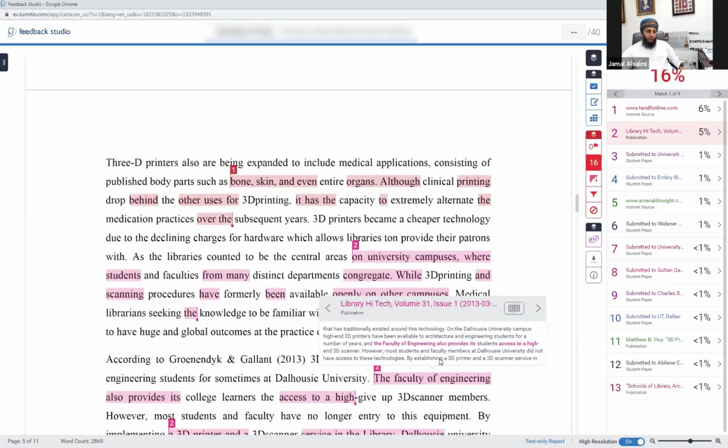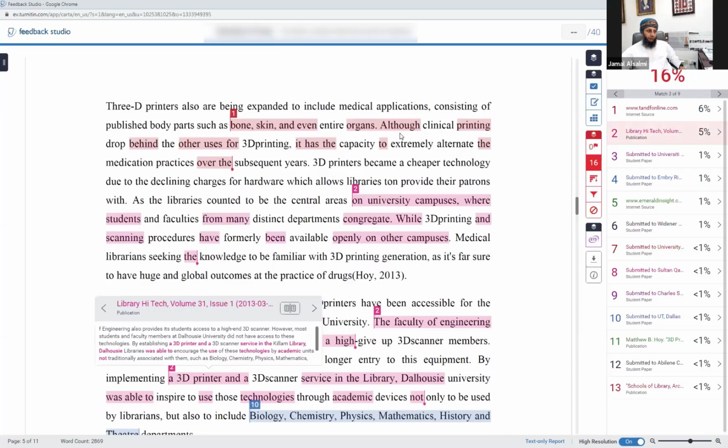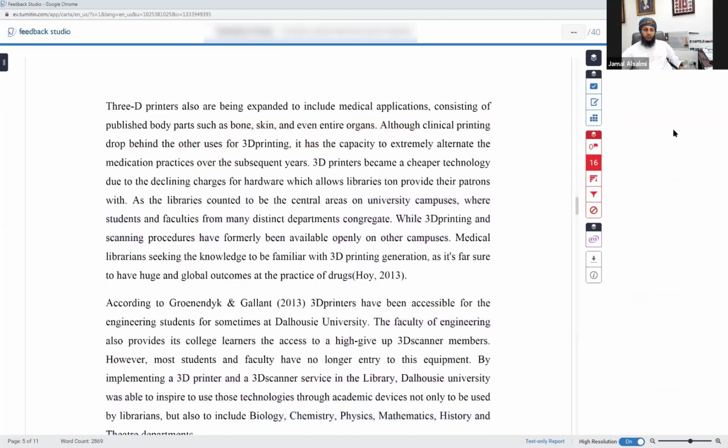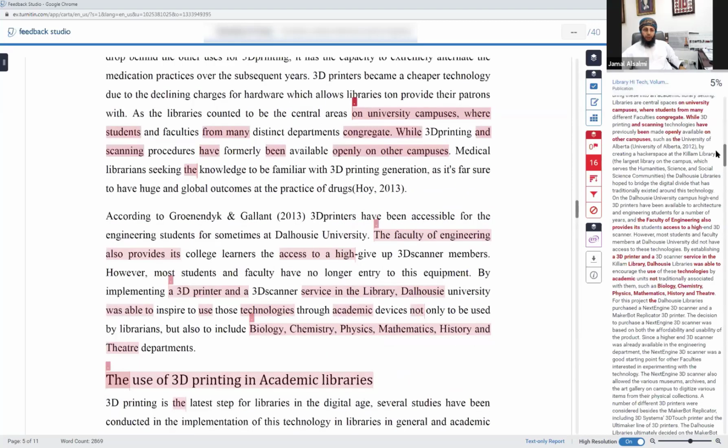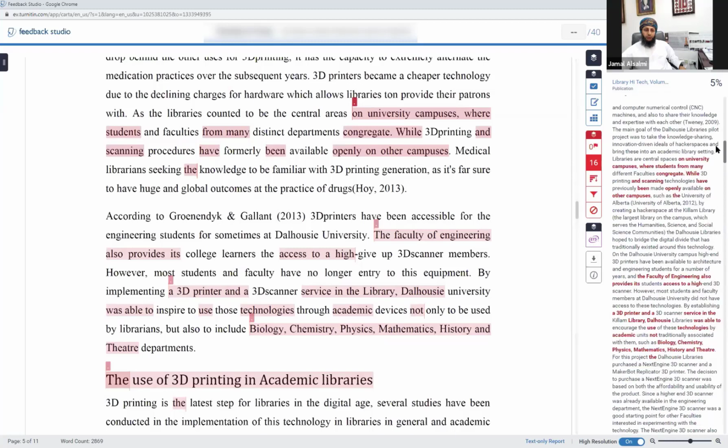And you can see the text in the original source is in a different color, the same words here. You can see also highlighted in a different color in the student assignment. As I said, if you want to put it on the right, just click on that icon and then you can see the full article of the original source, and still the content similar to the student assignment is highlighted in a different color. And here you can go one by one and you can see exactly where the student took information